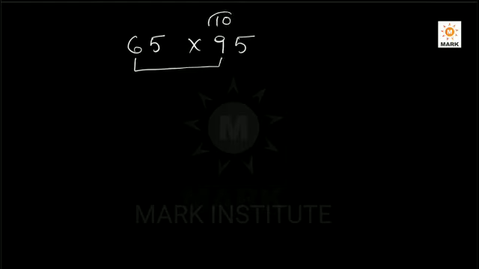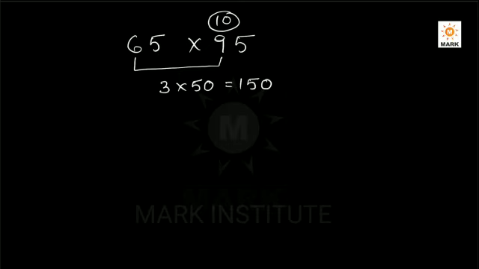Shall I go for another calculation? Yes. I am looking at 65 into 95 now. These two numbers I compared. I compared 6 and 9. 9 is the highest number. The next number for 9 is 10. The difference between these two numbers is 3, and 3 into 50 is 150.